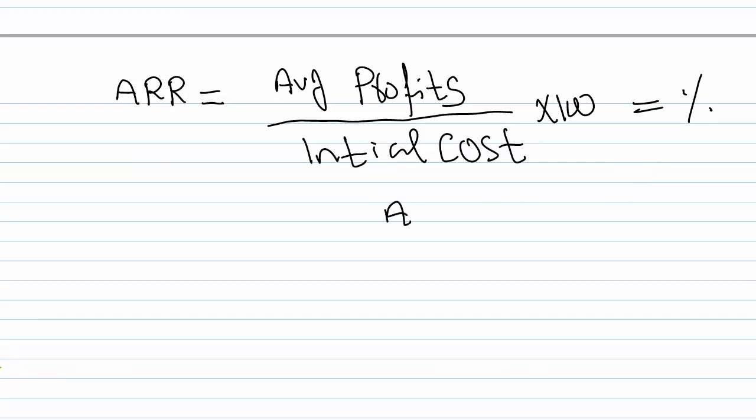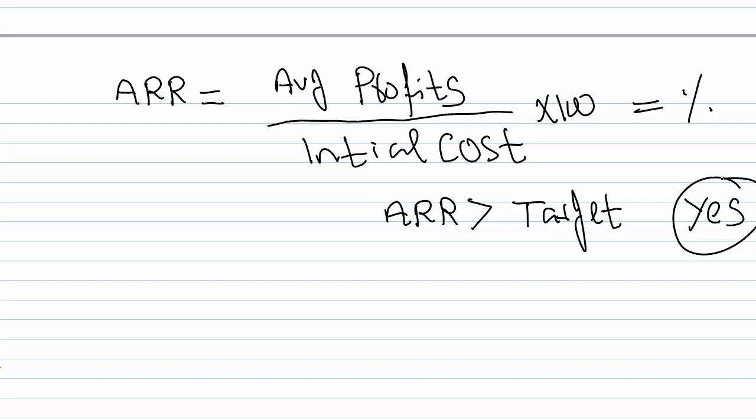If your calculated accounting rate of return is more than the target set by the company, then we should accept the project. But in this formula, we are using initial cost, not average investment. And in the exam, if nothing is mentioned, then by default, it will be the average method where we take the average investment. But if in the question it is mentioned that we should calculate ARR using initial cost, then this formula should be used. Now, for example,